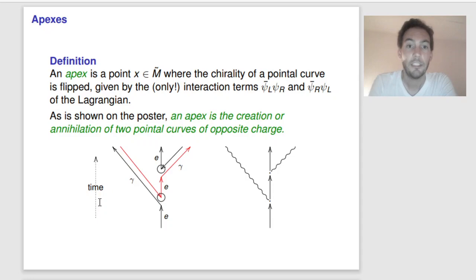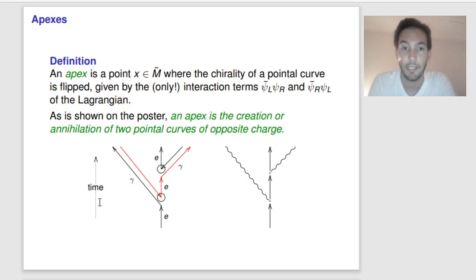Now, an apex is a point x in M tilde where the chirality of a pointable curve is flipped, given by the only two interaction terms of the Lagrangian. As shown in the poster, an apex is the creation or annihilation of two pointable curves of opposite charge. In our paper, the standard model particles are modeled by bound states of pointable curves. In this example, we have an electron emitting two photons with the apexes circled, and on the right we have